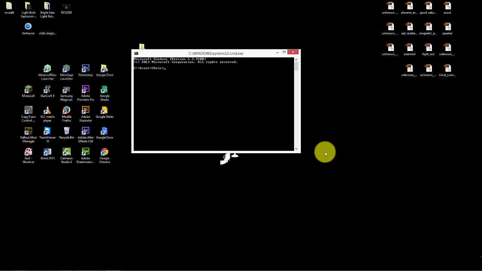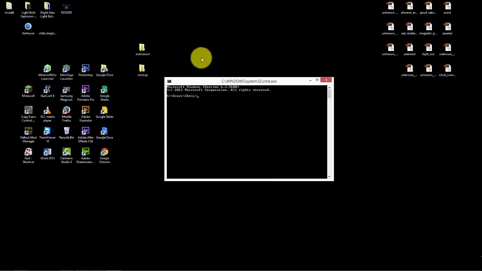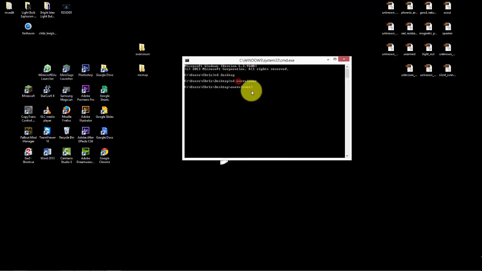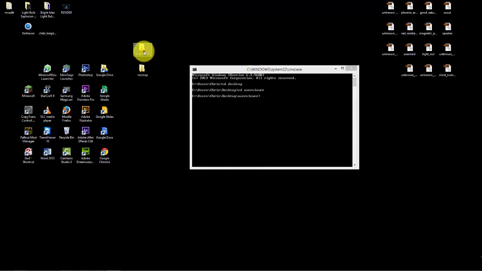I'm going to change directories to get into my Overviewer folder. The way we do that is we type CD, which stands for change directory. We're going to go to desktop, and then to Overviewer. And now I am in this folder using this DOS window. I'm going to run overviewer.exe,